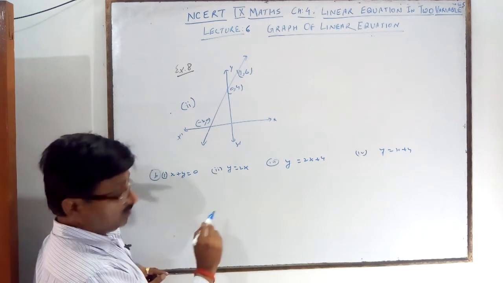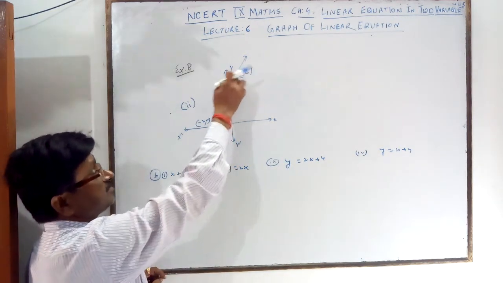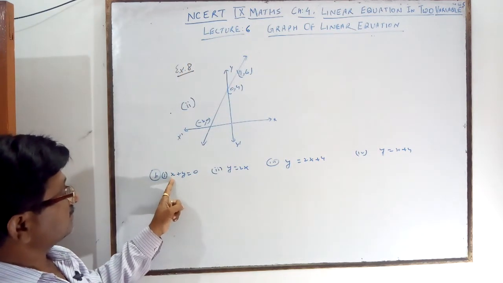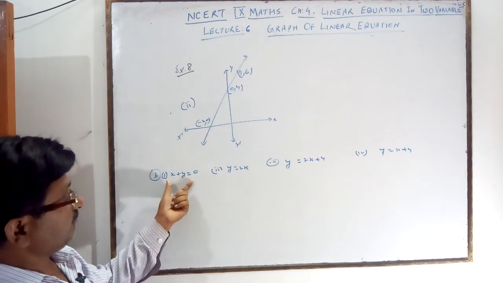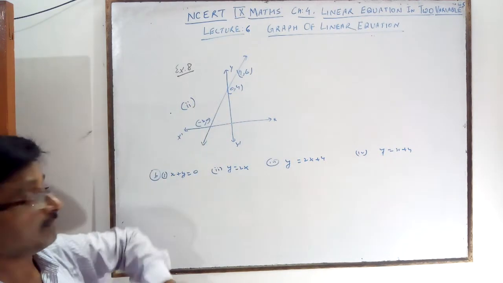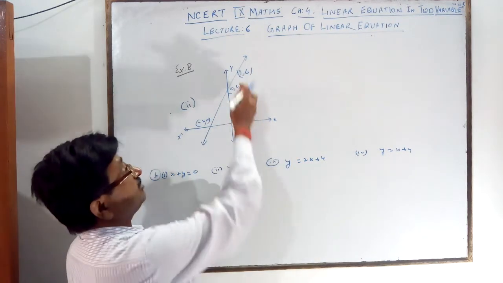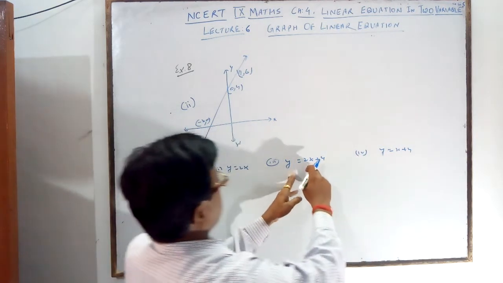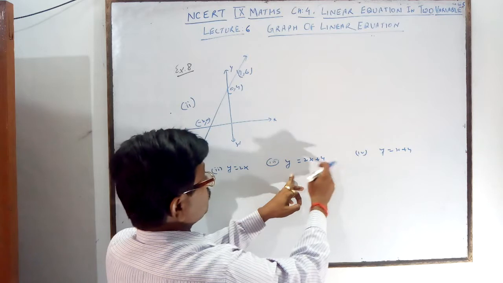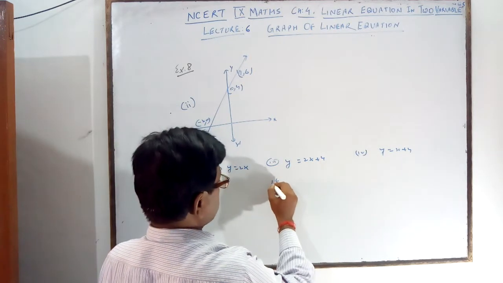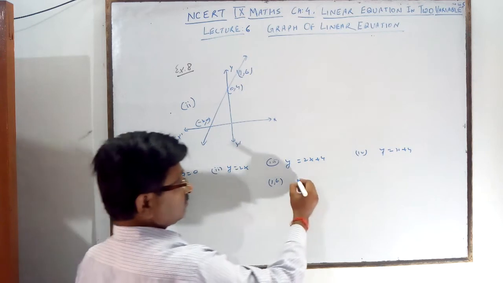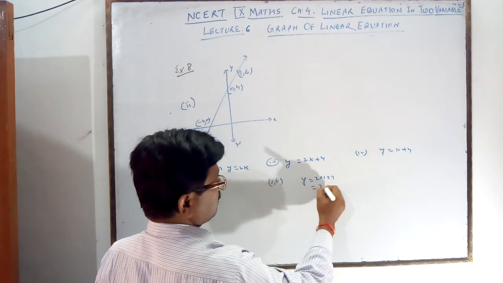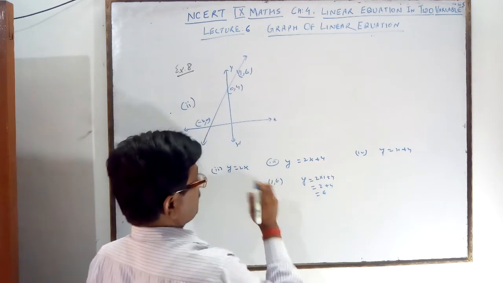So how will you do it? First you check any one, 1 comma 6 you take. One point you take and check. When you put 1 for x and 6 for y, then 7, so the first one is over. It is not the correct answer. For 1, 6, x is 1, then y is not 2, and 2 is not 6. It is also over. Third one, x is equal to 1, 2 and 2 plus 4. 1 and 6 you check here. Orally you check, it is not. So here y equal to 2 into 1 plus 4. What are you getting? 2 plus 4, 6. So 1, 6 is satisfied.